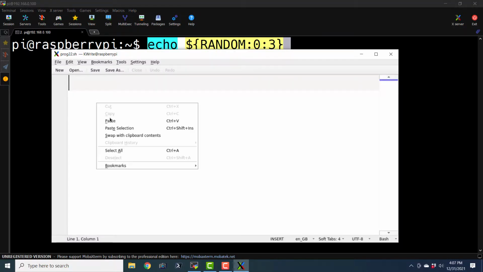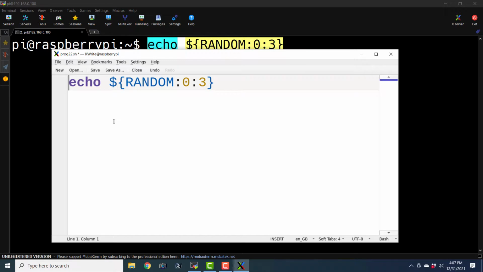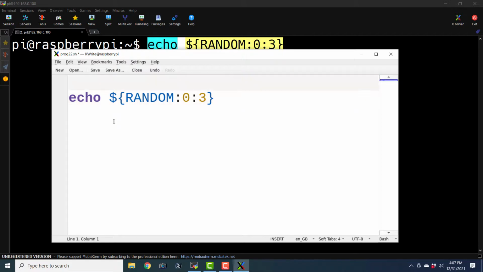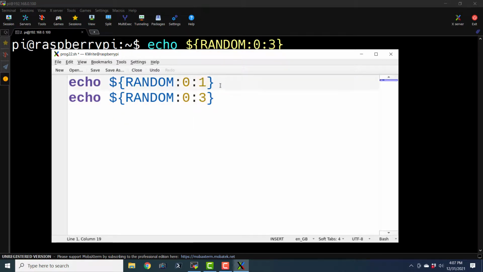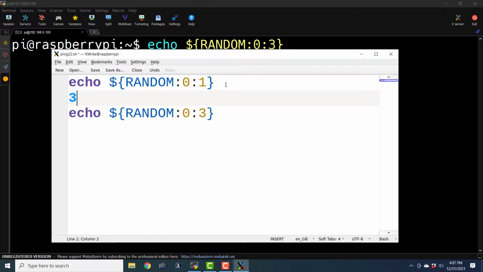And let us paste it. Let's actually even paste it here. This is 1-digit. This will be 2-digit.